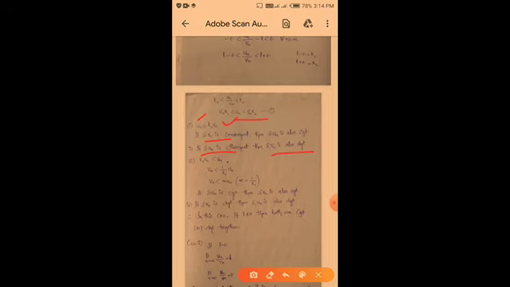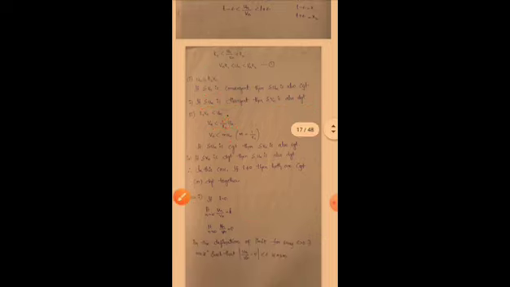So next, third one, k1 into vn is less than un. So vn is less than 1 by k1 into un. So vn is less than, I am taking 1 by k1 is equal to m, into un. So m is equal to 1 by k1. So if summation un is convergent, then summation vn is also convergent. So fourth one, if summation vn is divergent, then summation un is also divergent. In this case, if L is not equal to 0, then both are convergent or divergent together.